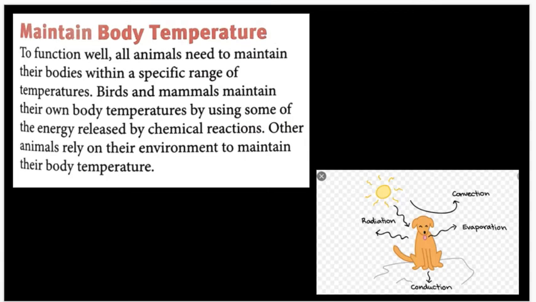Now, the dog has different mechanisms to maintain its body temperature. If the dog gets too hot, that's not good. If it gets too cold, that's also not good. So it uses different kinds of methods. For example, if it gets too hot, the dog will start to pant. And you can see here that water will start to evaporate off of its tongue and help to cool the dog down. The dog can also start to shiver if it gets too cold. The dog can also move around and move into the shade, or it can go and sit in a puddle or a lake in order to cool down. So animals, they maintain their body temperature in different kinds of ways.